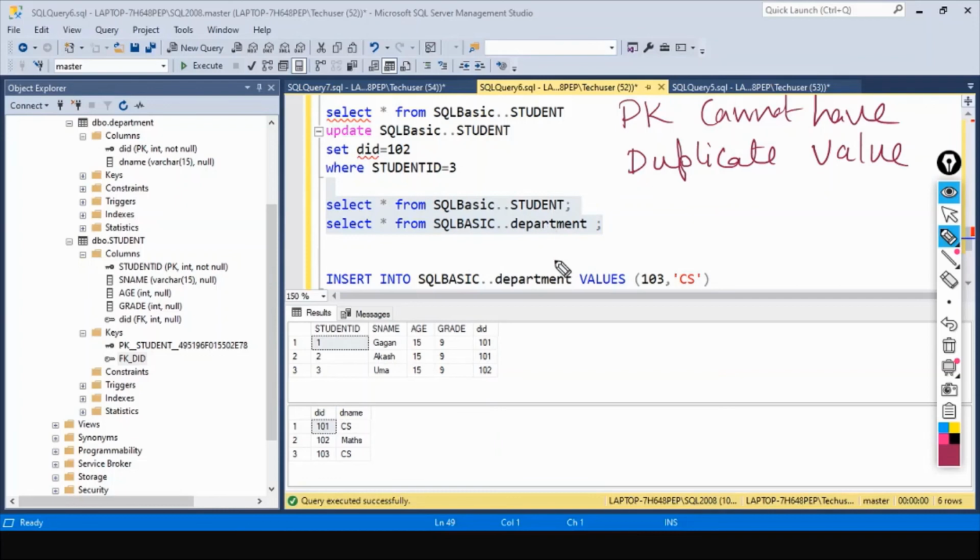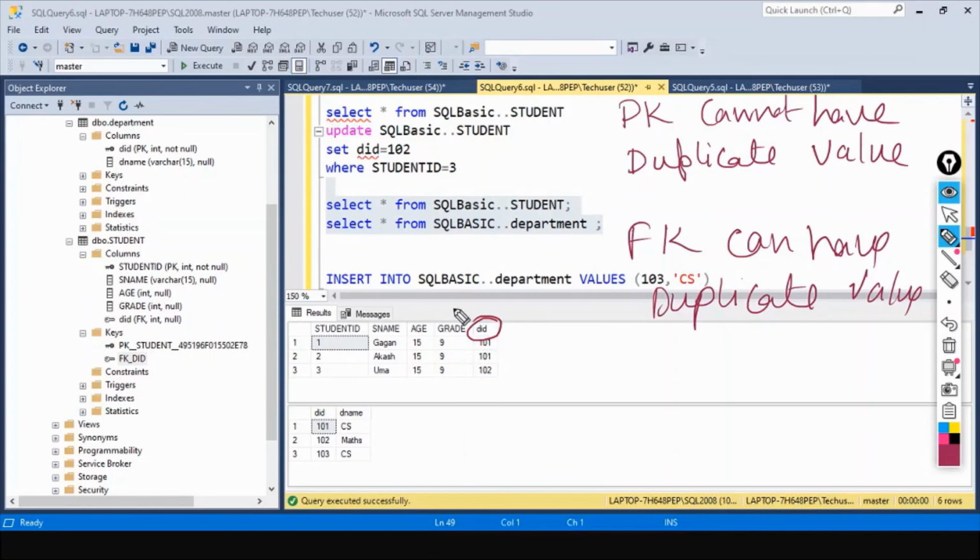And then the next one is foreign key can have duplicate values. Let's see this. Actually, we have already entered these values. See, this department ID is a foreign key in the student table. It is already having 101 and 101 again.